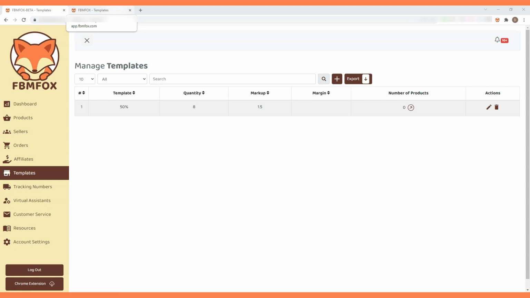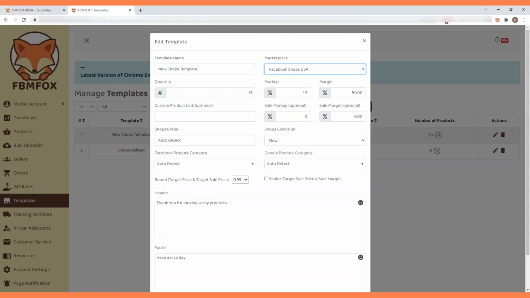What we've gone ahead and done is basically standardize the templates so it's a good mirror image of the products, and then also added abilities where you could select your sales channel in your template. That way you can use one template for marketplace and shops and all that great stuff. So let me go ahead and explain the changes.